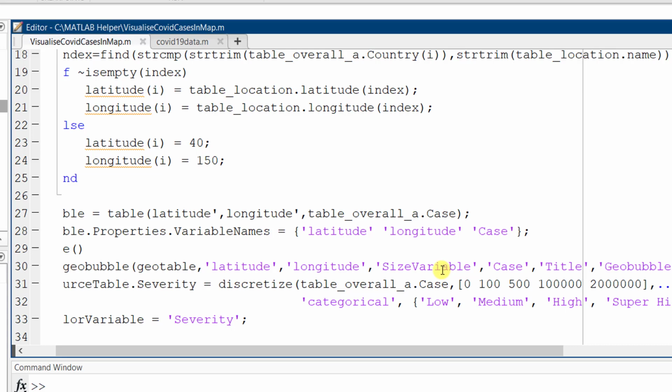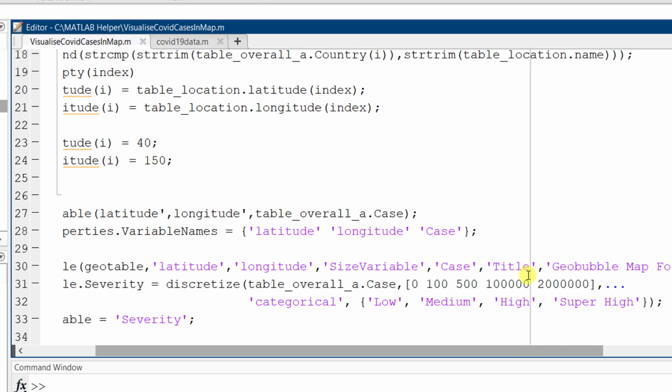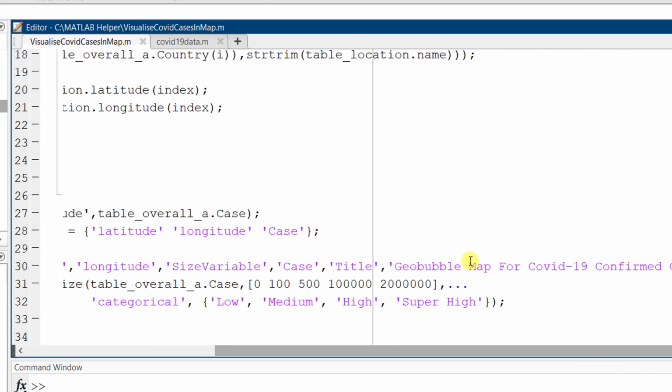That is, when we create the GeoBubble map, I already mentioned that the size of the bubble will vary according to a particular parameter. In our case, we want the size of the bubble to change according to the number of cases. So we have given the size variable as case. Then we are giving the title for the map. We have named it GeoBubble map for COVID-19 confirmed cases.